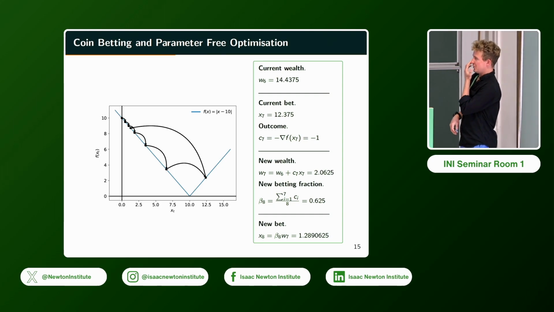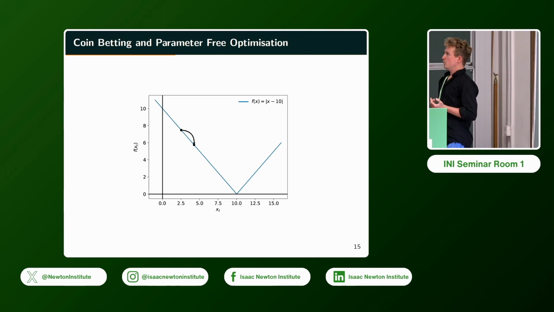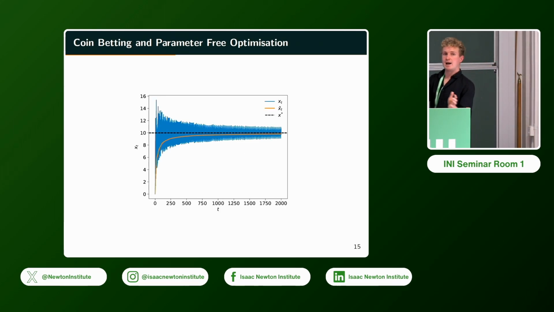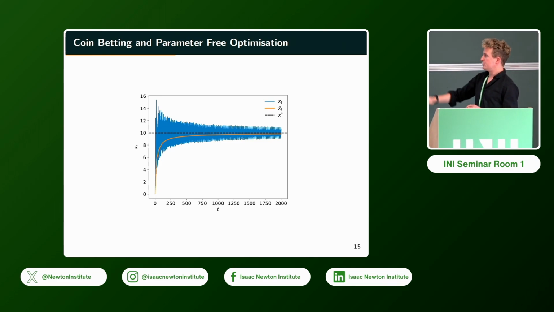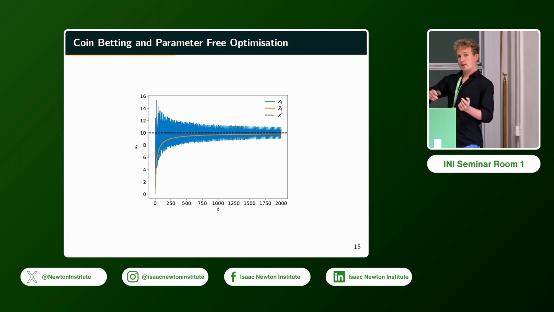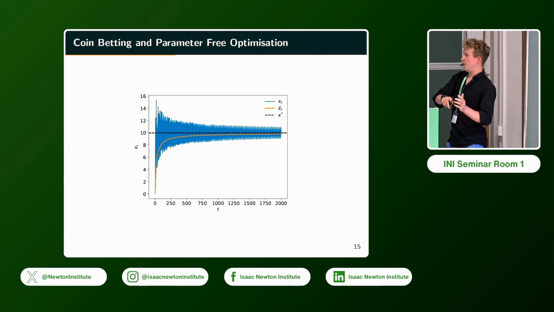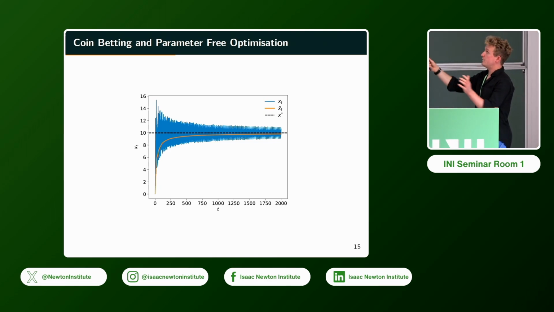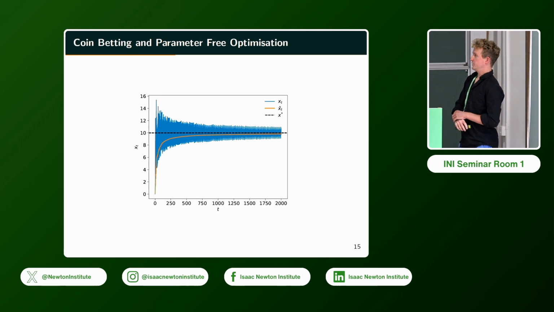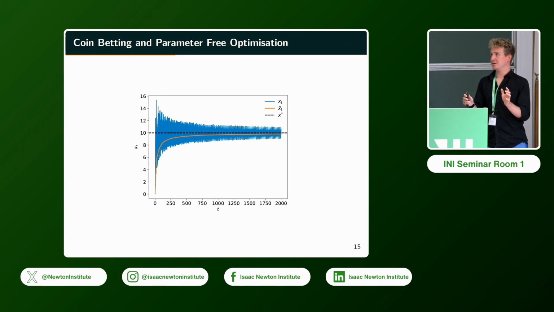Okay, so this seems maybe slightly problematic, but essentially if we keep running this algorithm, we get this kind of behavior. And of course, what did the theory tell us? The theory told us it was the average of the bets that converges to a minimizer. So if you run this for a very long time, this is the behavior you see. You get very quick convergence to somewhere near the minimum, and then you bounce back to the other side, and so on and so forth. In the long run, you see that the average of these bets does indeed converge to the minimizer. So that's what this algorithm looks like in practice for a very simple example.